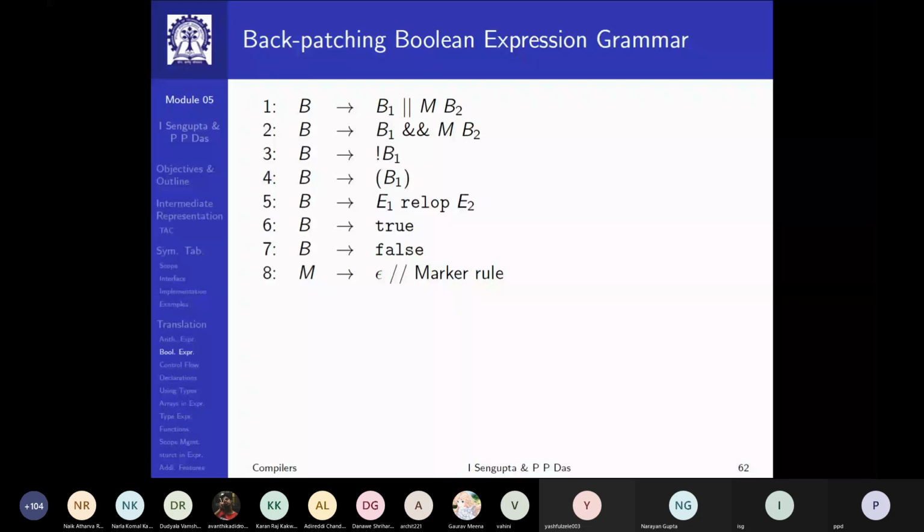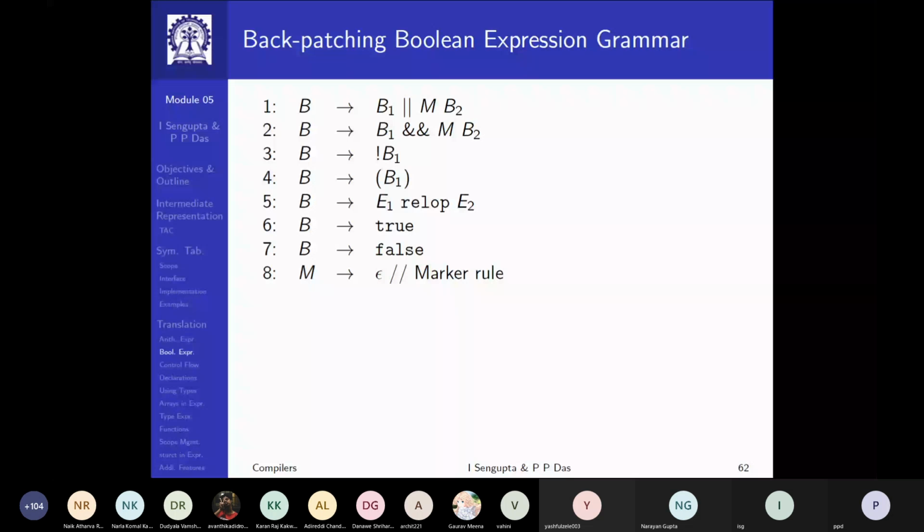Why do you need that? First, let me tell you in principle why you need it. Suppose you have evaluated B1. After you have evaluated B1, you have a piece of 3-address code with a true list that has a set of quads in B1 who should go to the true exit but are dangling.